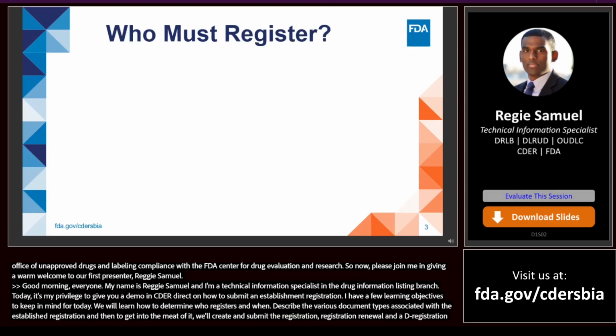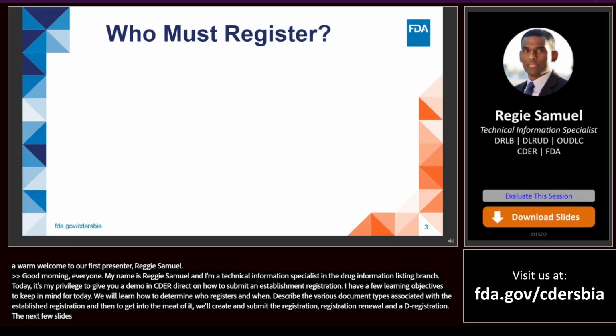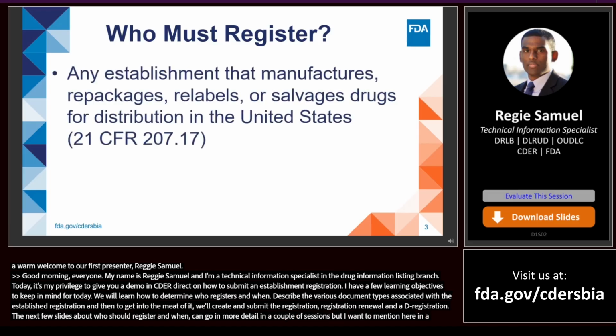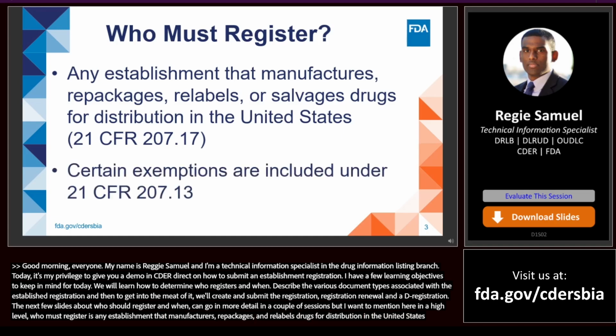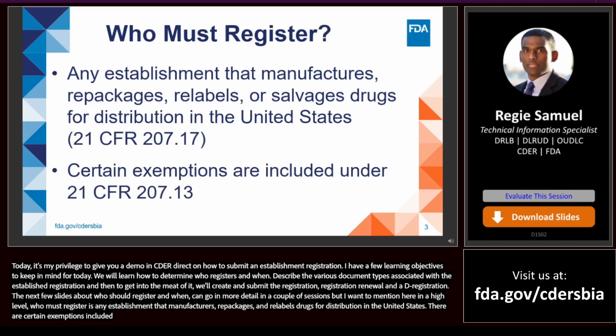The next few slides regarding who must register and when will be gone through in more detail in Tasneem's presentation in just a couple of sessions. But I just want to mention here at a very high level, who must register is any establishment that manufactures, repackages, and relabels drugs for distribution in the United States. There are certain exemptions that are included under 21 CFR 207.13, and Yogesh will be covering some of those exemptions